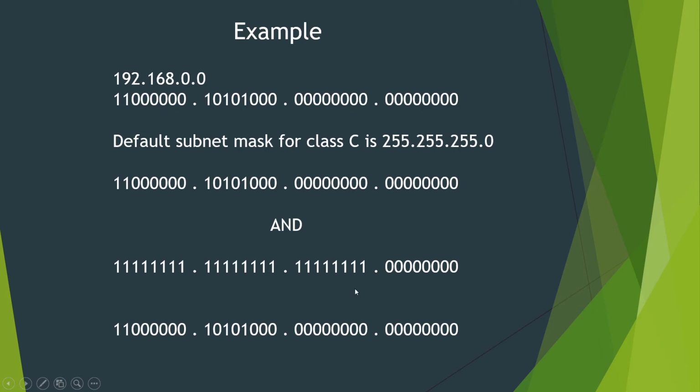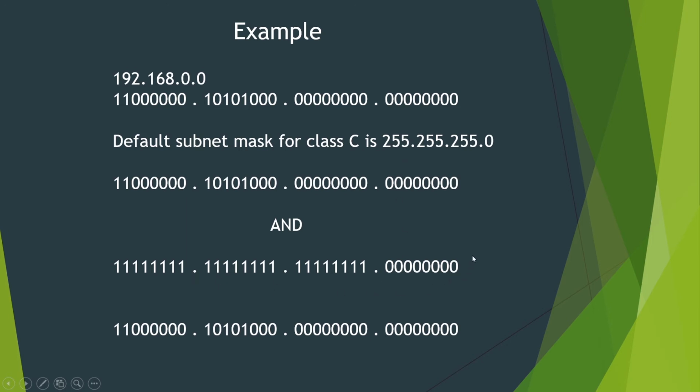So you can see here there are 24 bits, right? These are 8 ones, 8 ones, 8 ones, 24 ones. So you can call this subnet mask /24. This is the shortcut for this subnet mask. The slash number 24 tells us the number of continuous ones in our subnet mask from left to right. So this is /24, and you can see these are zeros.